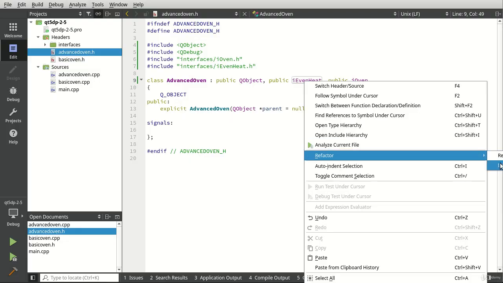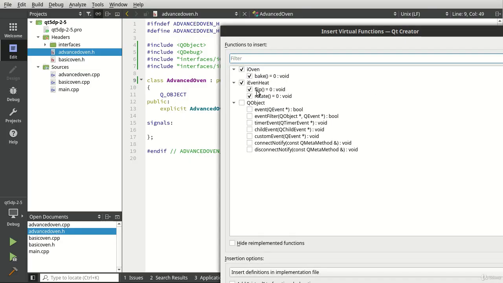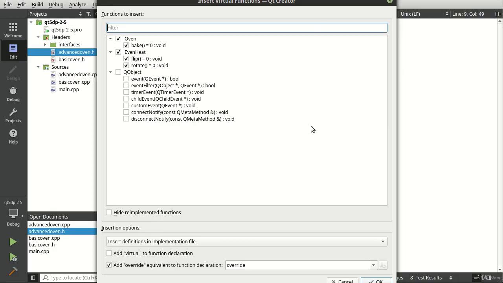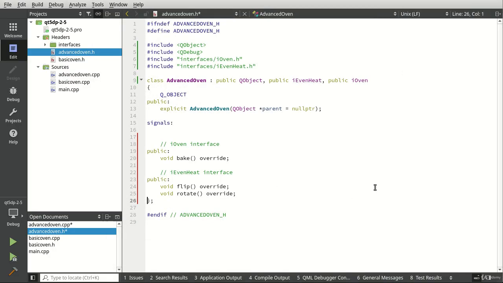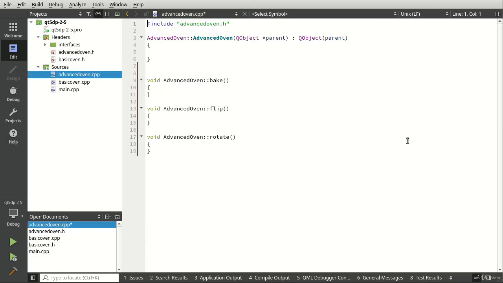All right, so we got the IEvenHeat, and then we want the public. Oven, IEvenHeat, we're just going to implement those virtual functions. Bang, most of this code is already written. Flip over here. And then we're just going to say